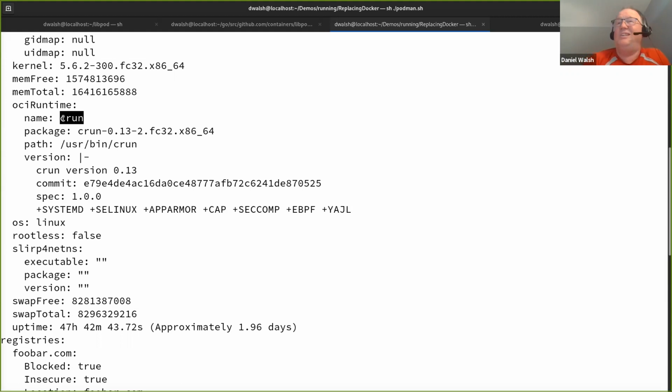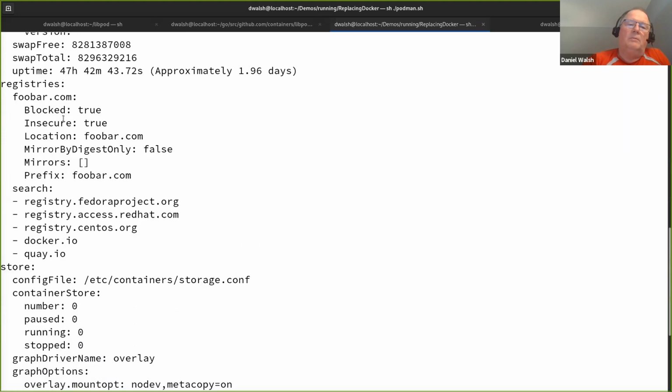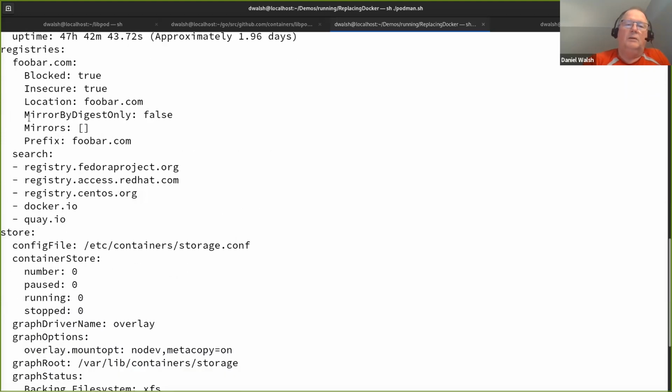We actually use C1 right now because we want to use cgroups v2, which Docker, even up to this point, still doesn't support. A couple other things to notice inside of